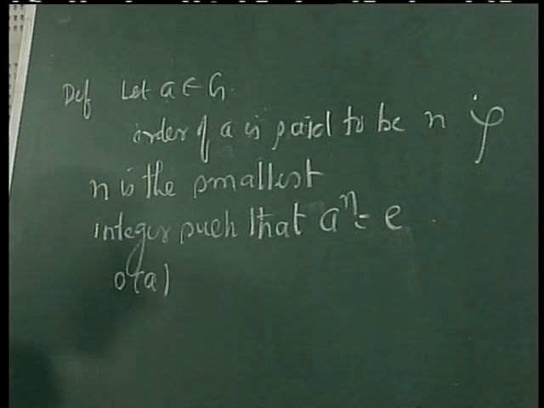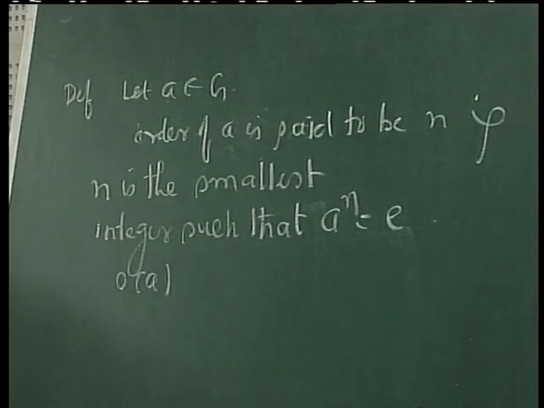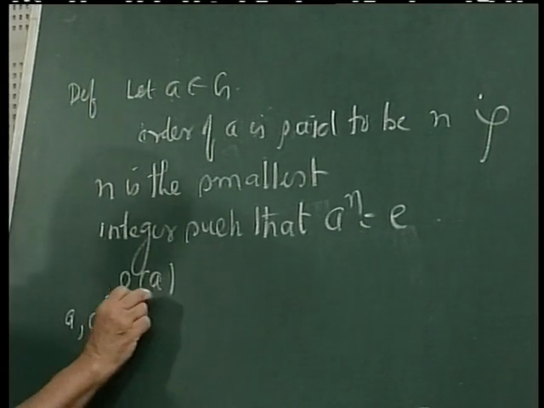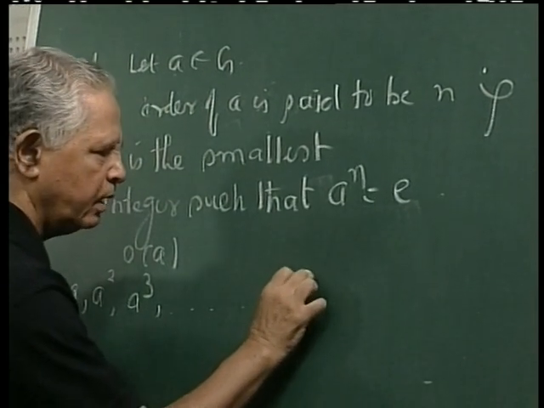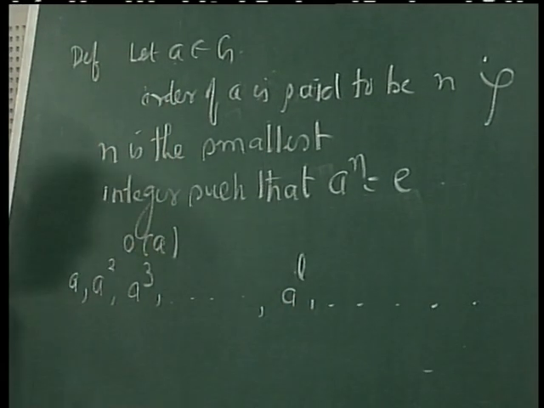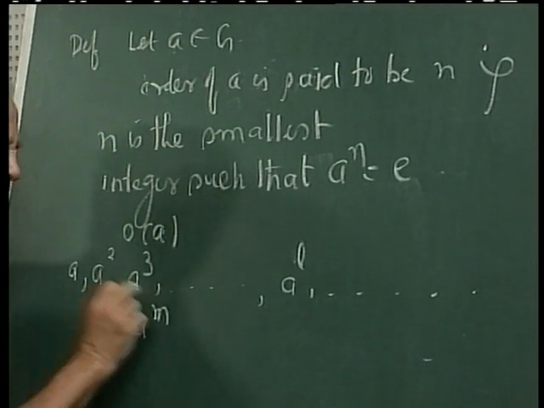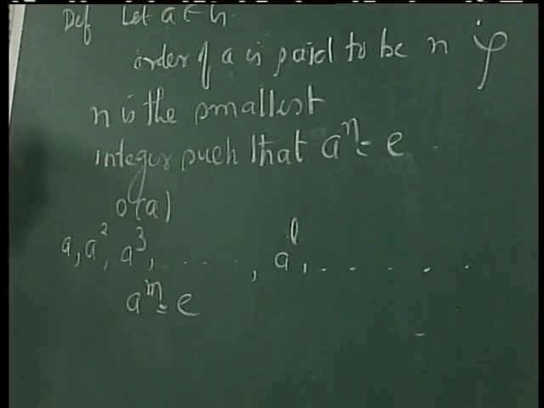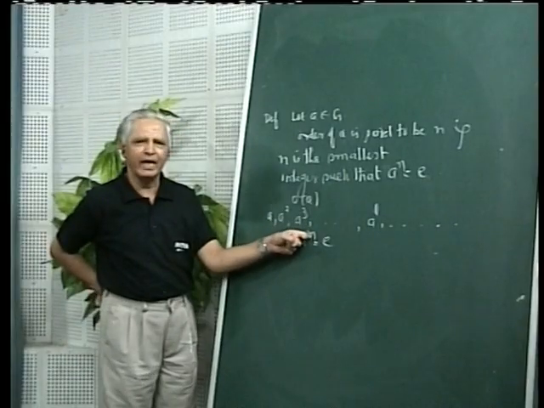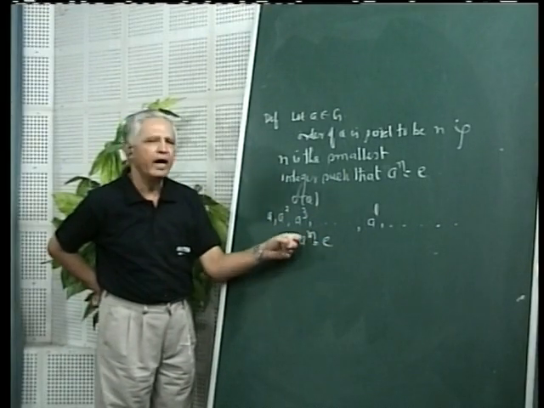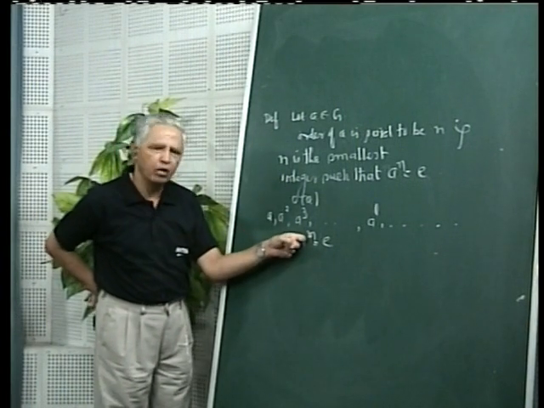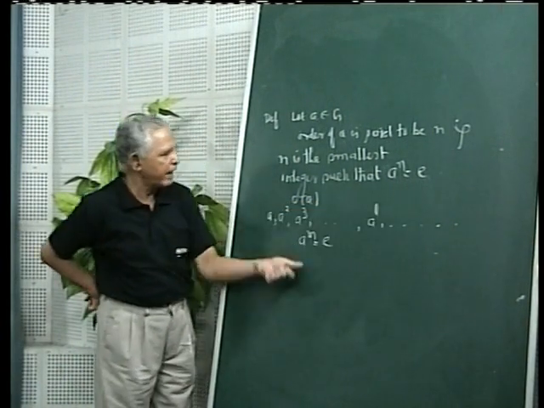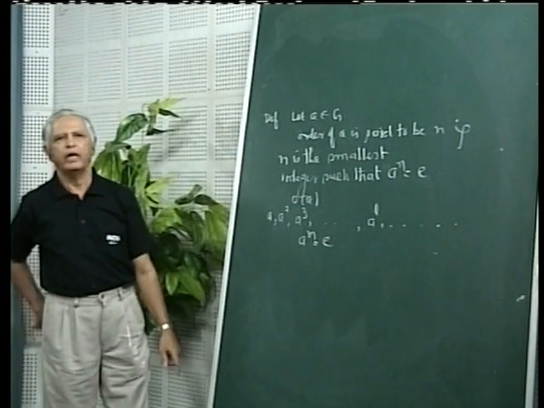Now the first question that comes here is how to find out the order of an element. And for that, what we do here is we take the sequence a, a square, a cube, a raised to n, and continue. If a raised to m is the first term in this sequence for which a raised to m equal to e, then m becomes the smallest integer for which a raised to m equal to e, and that is why by definition order of a becomes equal to m. If there is no such integer here, then order of a is equal to 0 or infinity.